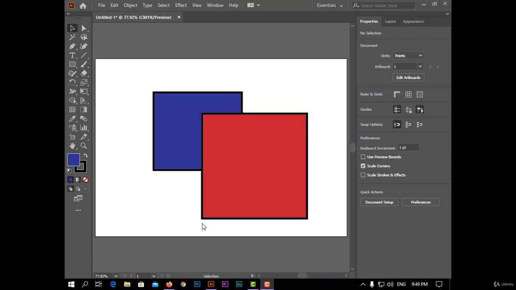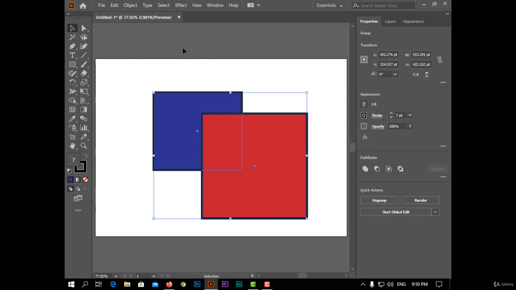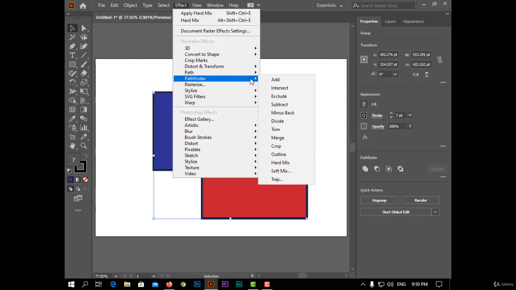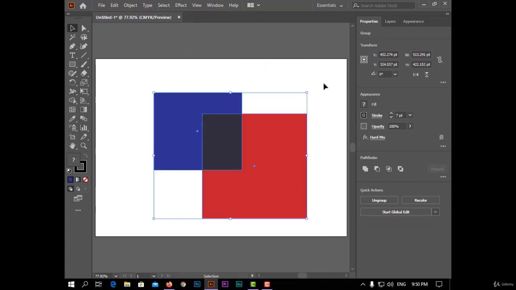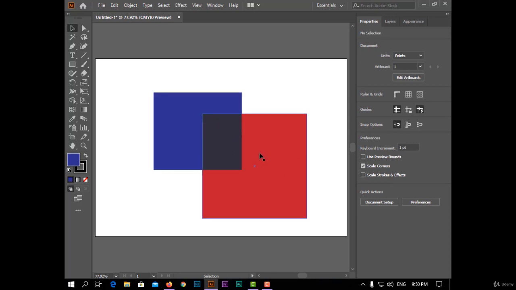The next one is hard mix. This effect is used for mixing the fill color of shapes but with a dark tone. For example, I have two shapes, make a group, and now choose hard mix. Now you can see Illustrator mixing the color between the shapes and removing the stroke.